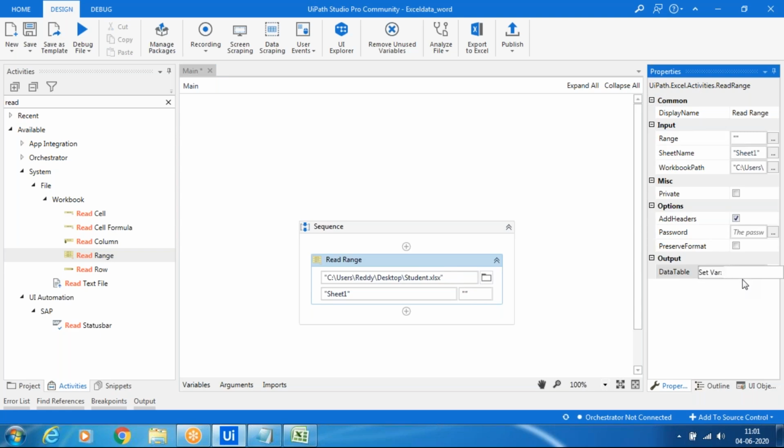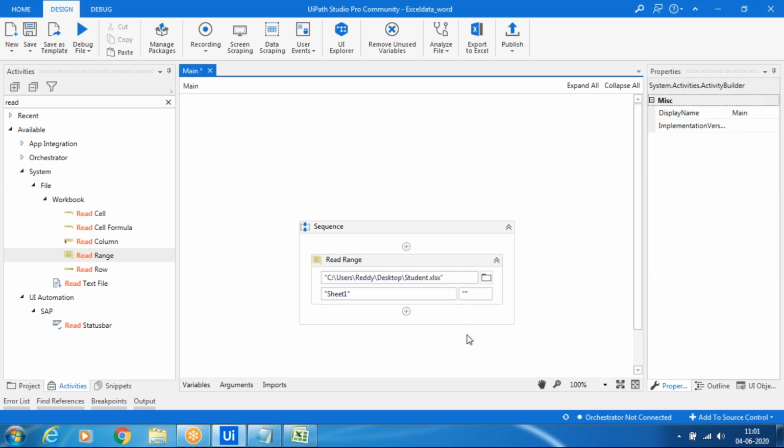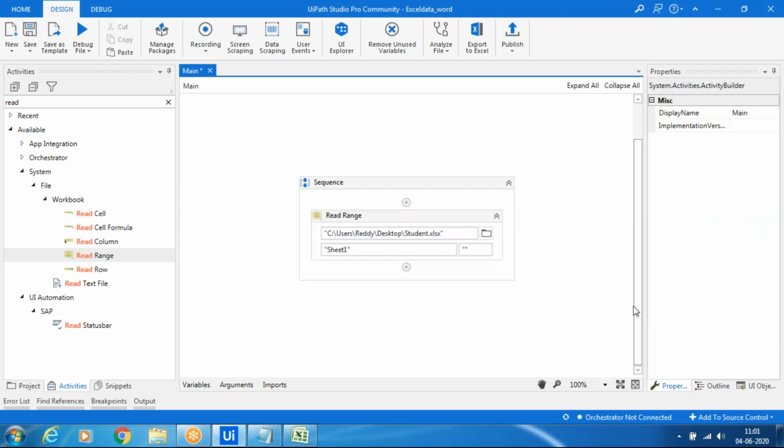Create the data table: Control K, like creating a variable. We'll create a data table variable, using the DataTable type, and the variable name is DT. And next, read the data table, and